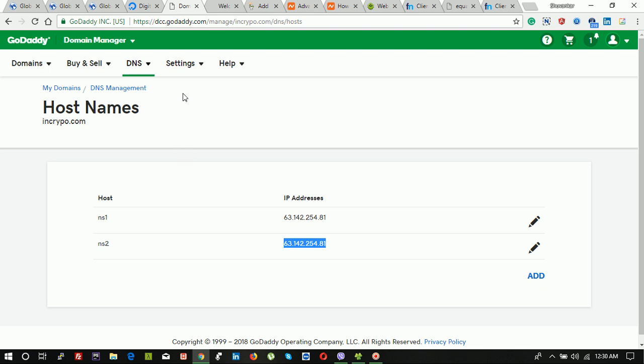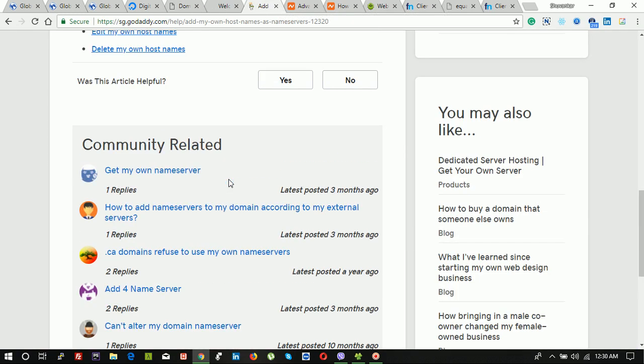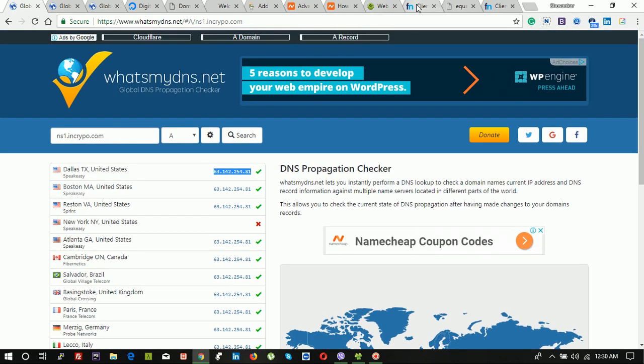Every domain provider has quick documentation to add this. So this is how you can make your own domain name server and make it live on the internet.